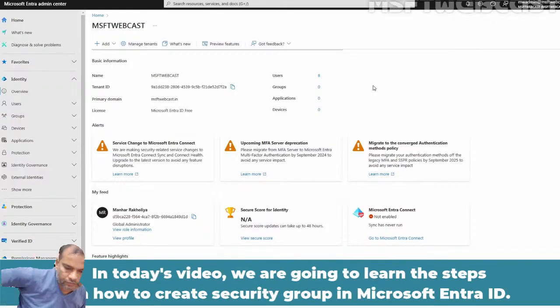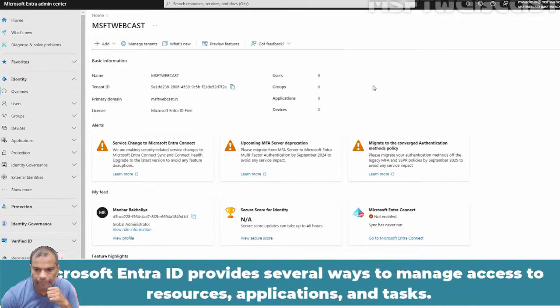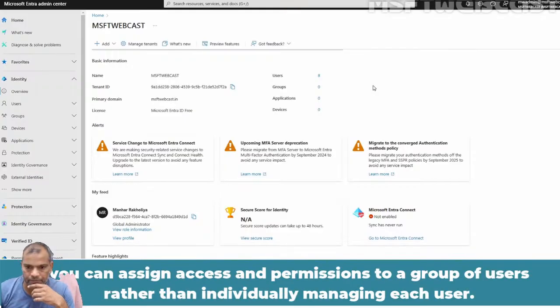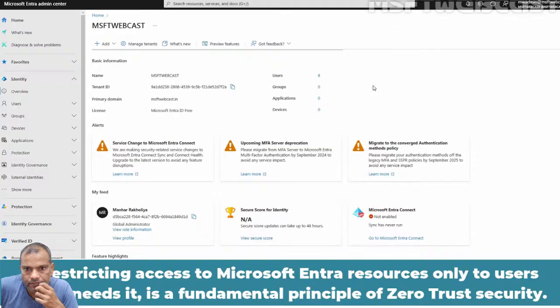In today's video, we are going to learn the steps on how to create a security group in Microsoft Entra ID. Microsoft Entra ID provides several ways to manage access to resources, applications, and tasks. By using Microsoft Entra groups, you can assign access and permissions to a group of users rather than individually managing each user. Restricting access to Microsoft Entra resources only to users who need it is a fundamental principle of Zero